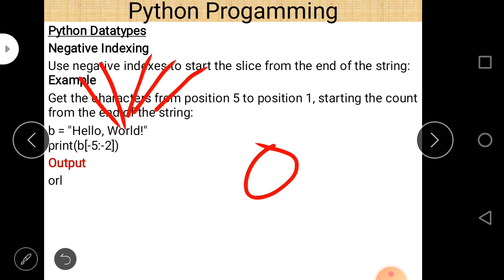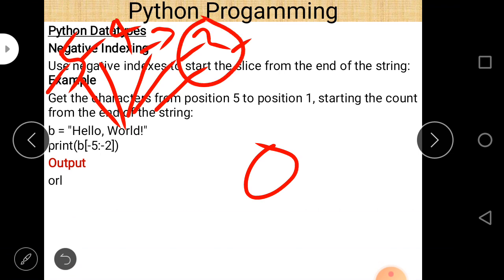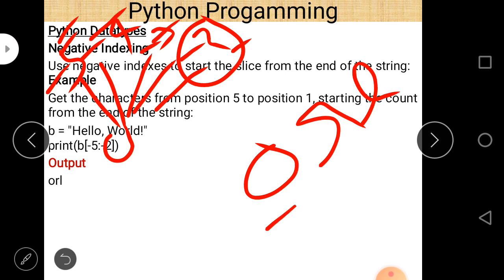So it is -5, then -4, -3, and then -2. As I told you, the last element is not included, so -2 is not included, so only the elements at -5, -4 and -3 will be printed. So in this case o, r and l will be printed. That is an example of negative indexing.